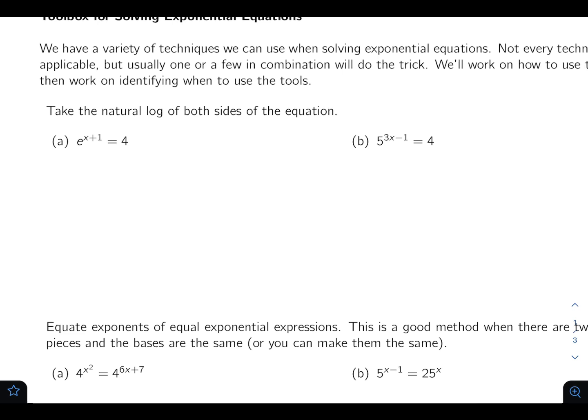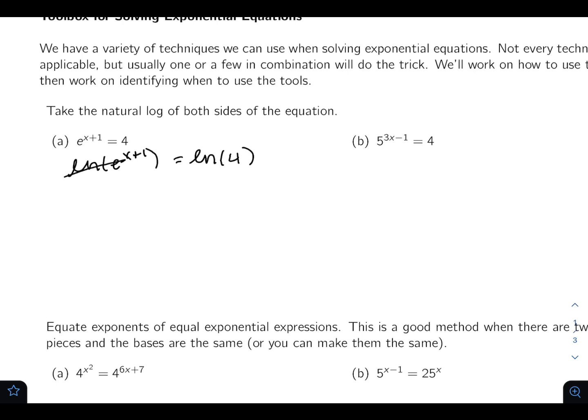The first one is to take the natural log of both sides of the equation. Just like you can take the square root of both sides of an equation or add 2 to both sides of the equation, I can take the natural log of both sides of the equation and write that ln of e to the x plus 1 is equal to the ln of 4. Now what I'm going to do is use my cancellation properties here. I actually have ln of e to the x plus 1,